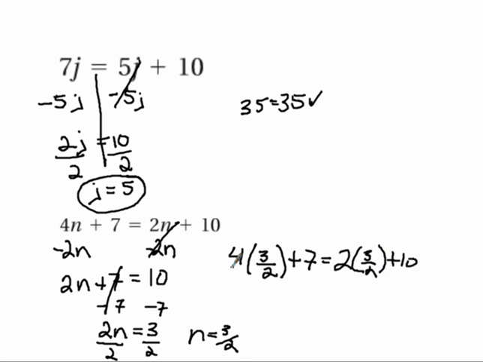Okay, when I come over here, I'm going to put this over a 1. These are going to cross reduce. It goes into here 1 times and into here 2 times. So 2 times 3 is 6